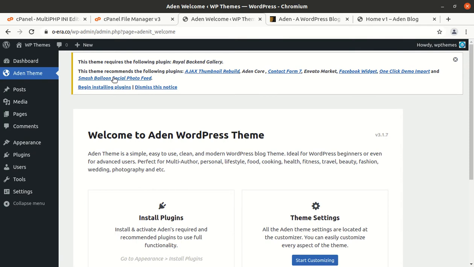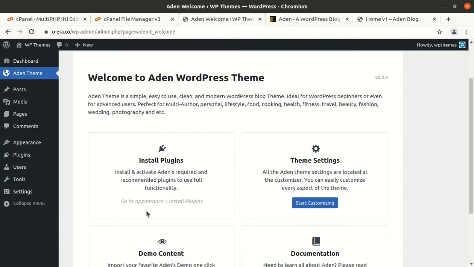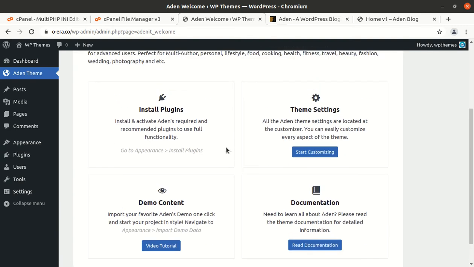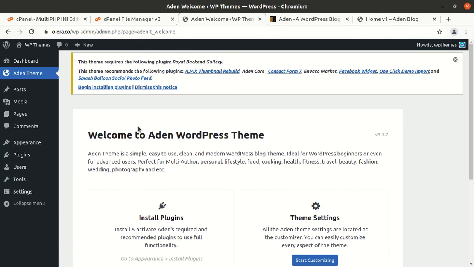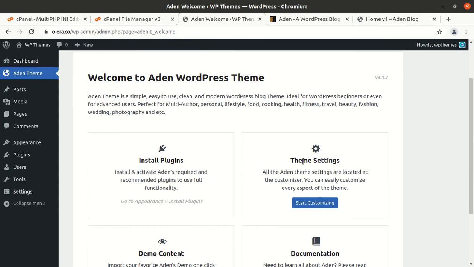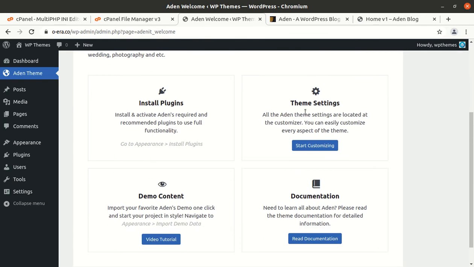Upon activation we got an alert that we need to install certain plugins for using this theme, and these are the steps. First of all we need to install the plugins, and we can go for theme settings and demo content afterwards.